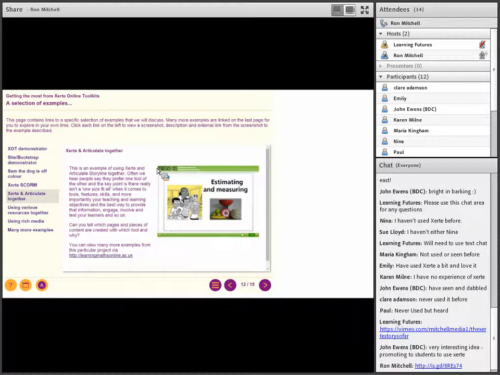In the example that I've linked here from the screenshot, I challenge you to look at that and decide for yourself which pages are native Xerte and which pages are embedded Articulate content, because actually they're both used interactively and they're both used for different reasons and for the strengths of each. So it's not either or, and if you're a fan of any particular tool, the good news about Xerte is that it will happily enable you to embed that content into a Xerte piece.